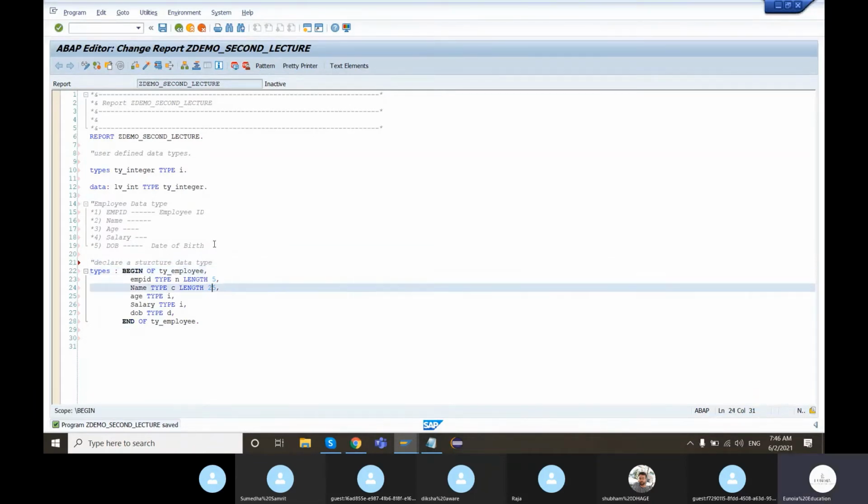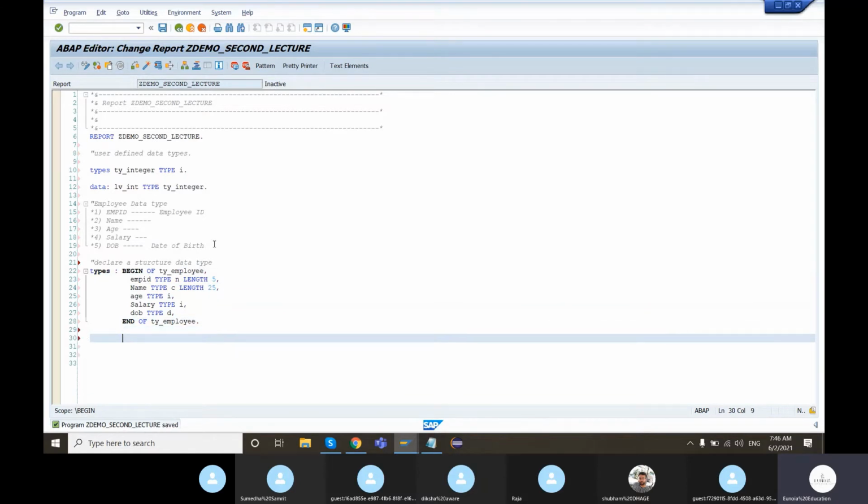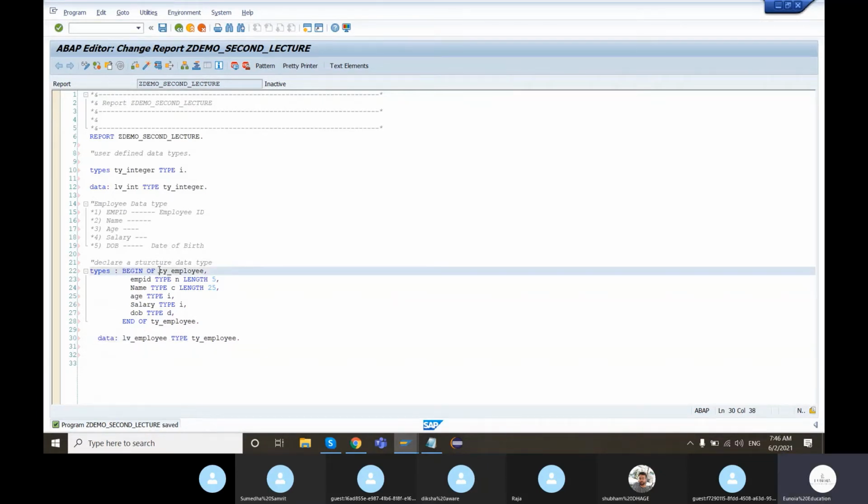Now based on this data type, I can declare data objects. Data objects are nothing but data variables. So let us say I am declaring LV employee type TY employee. What this line number 30 is doing is declaring a data object of type TY employee.